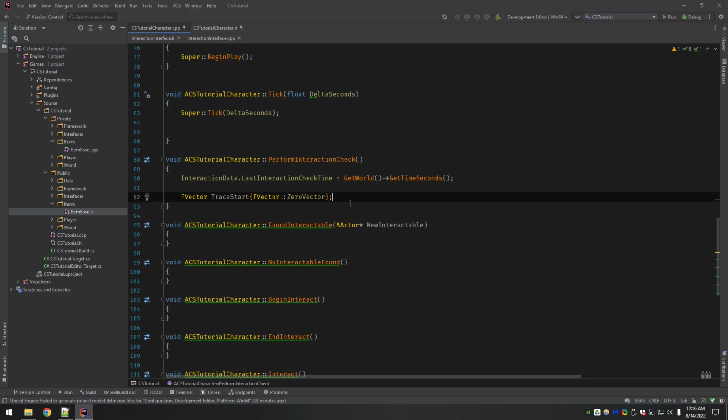Oh, you know what? Actually, I'm probably going to refine this later. But in my game, the one that I'm kind of referencing, the reason I did this is because I have an aim mode, and based on whether or not I'm aiming, the vectors are set to different things. We're not going to do that right now. Again, I'll probably come back and do it. It's not the main focus right now. But before I delete this, if you're not familiar with this syntax, these brackets here, it's just another way to initialize a variable.